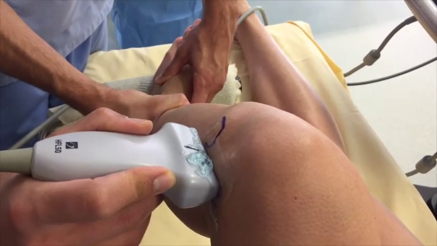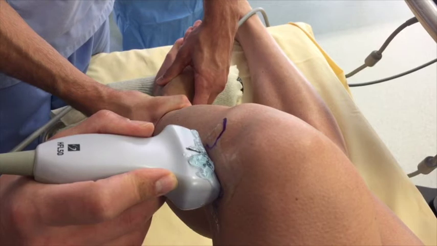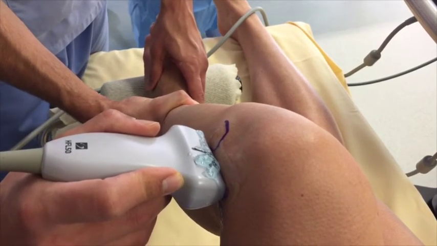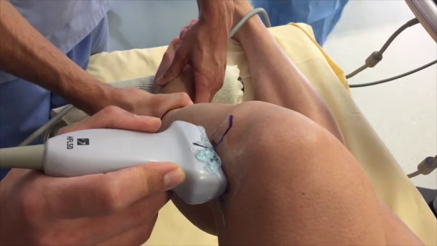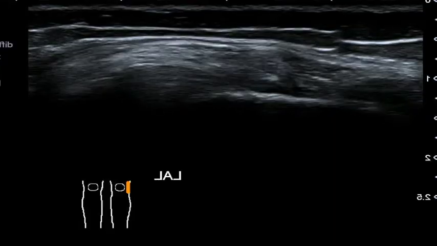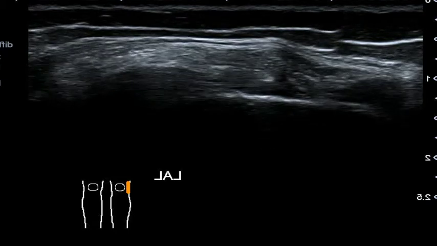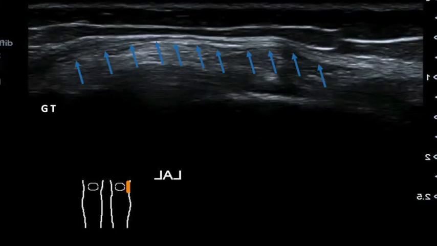In practice, we return to the initial position with the patient on the table with the supports. The ultrasound is used to locate the anterolateral ligament. As I just described above, the surgical assistant internally rotates the patient's knee to place the anterolateral ligament under tension. Here is the resulting ultrasound image. The tibia is on the left.